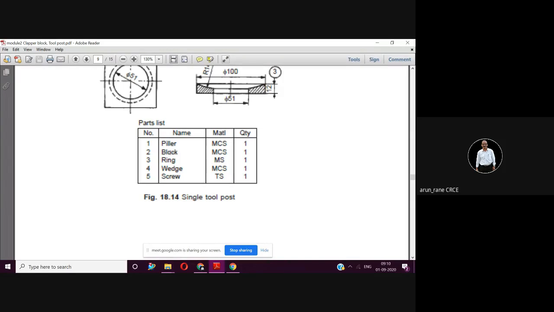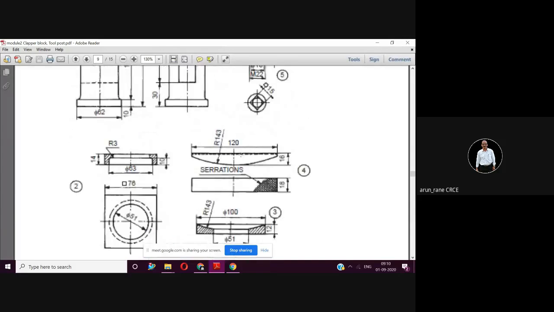If you make the block the base component, the first component will be the block, a new component. In that you add the pillar. Once the pillar is done, you can add the ring. Once the ring is done, you can add the wedge and then the screw. You can follow this also, that is pillar first, then block, then ring, wedge, and screw.